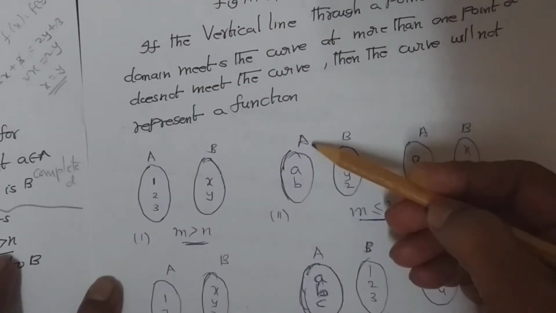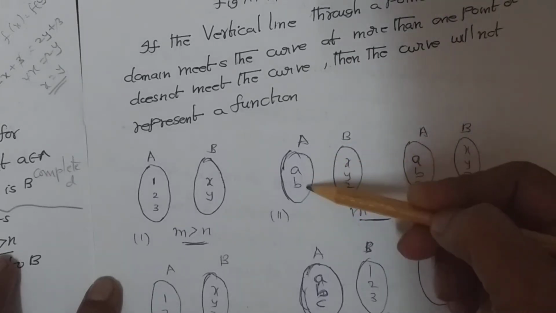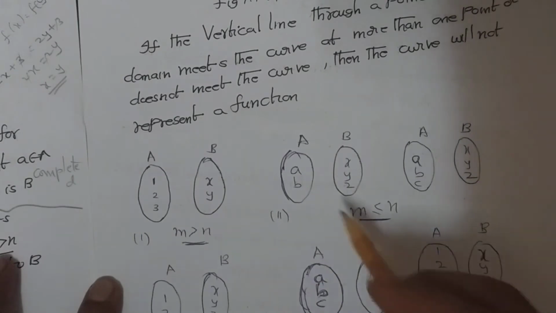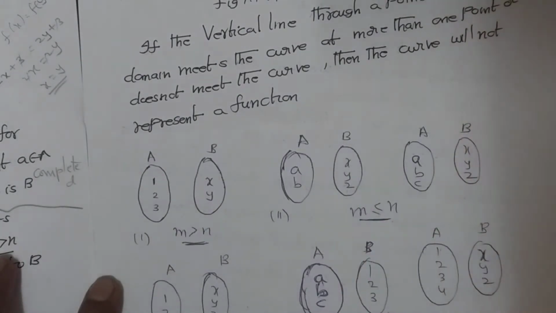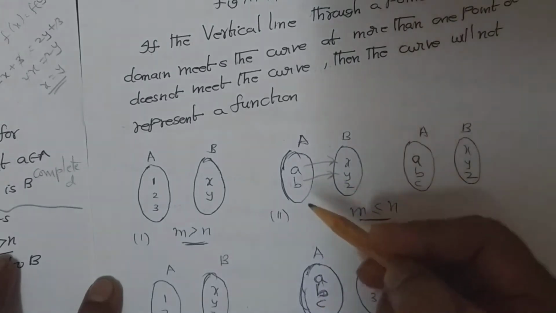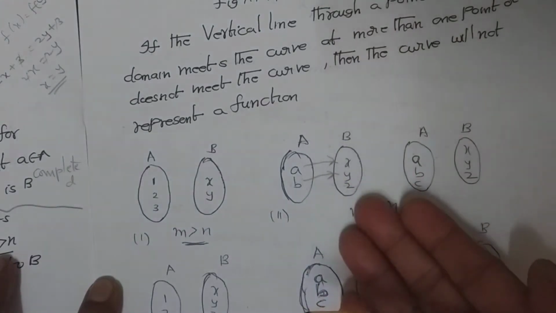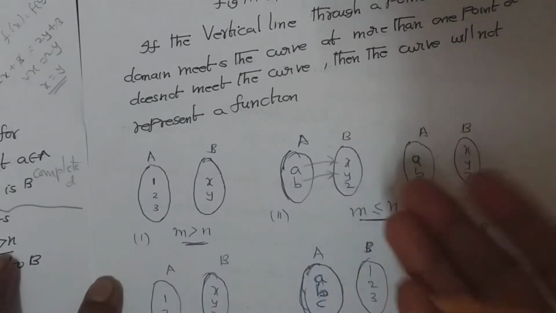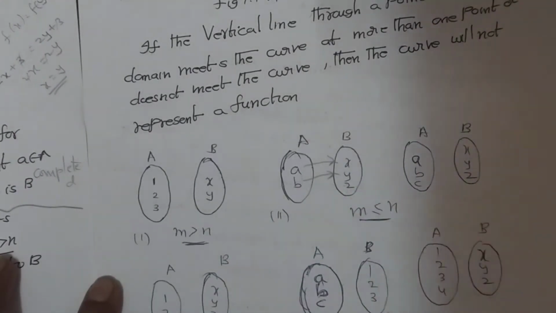For example, A la வந்து 2 elements இருக்கு, A, B. B la வந்து 3 elements இருக்கு, X, Y, Z. And then I can frame the one-to-one function. How? See, A is mapped with X, B is mapped with Y. Anyway, Z is left unmapped, that is codomain. But one-to-one only, this is one-to-one only, no? So this is one case, then we can frame a one-to-one function.